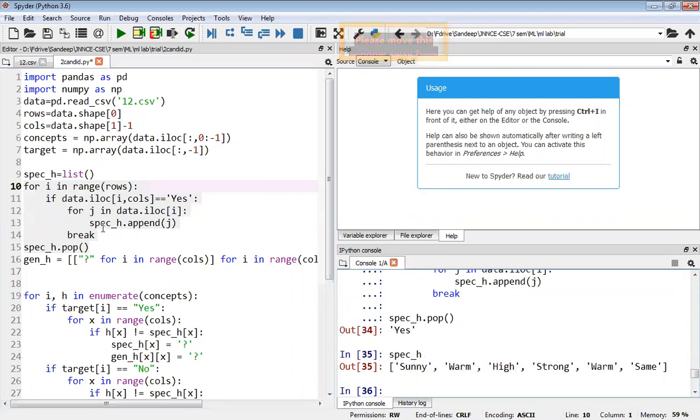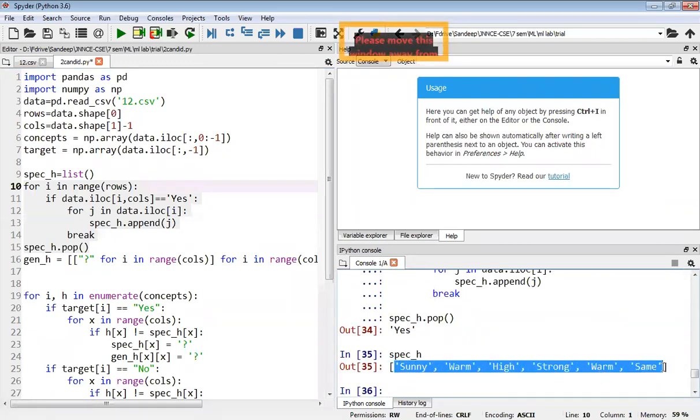I have executed these lines, and the specific list is initialized with the first positive example. The first specific hypothesis is nothing but the first positive example. From completely specific, we have made it less specific by initializing it with the first positive example.